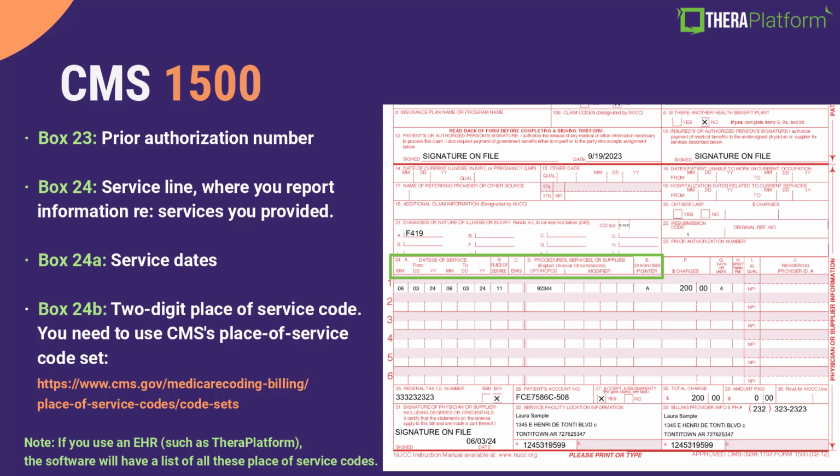So under 24A, you enter service dates. 24B, here you enter 2-digit place of service code, and you need to use the CMS's place of service code. And if you're using an EHR, you will be able to pull these codes from the EHR as well.